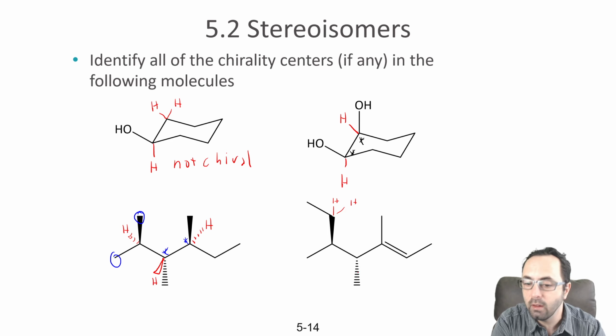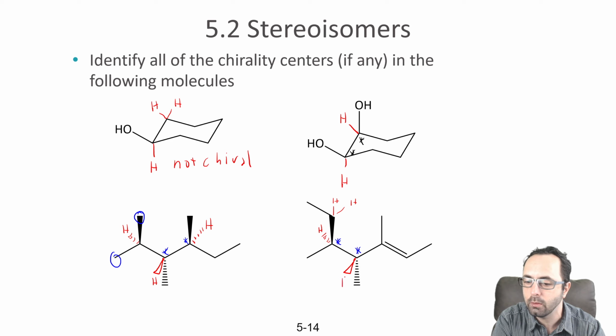So none of these are chiral. This one may be chiral though, and this one may be chiral. Let's make sure. We can draw in the hydrogens. The hydrogens here are on the dash, since the wedge is the ethyl group there, and this hydrogen is